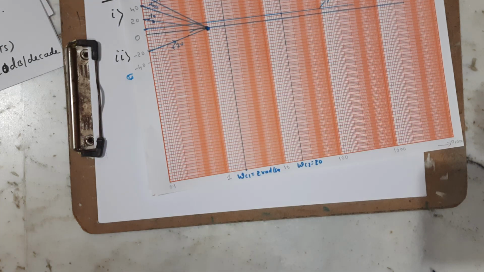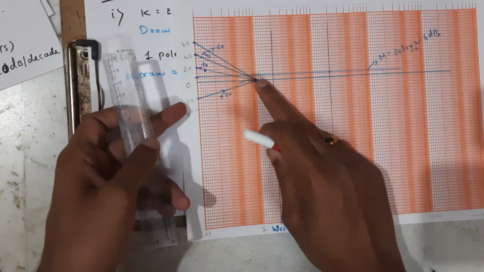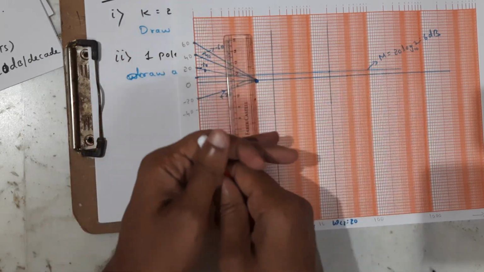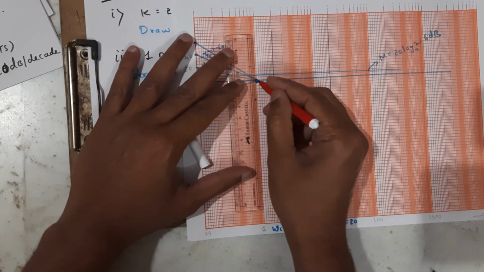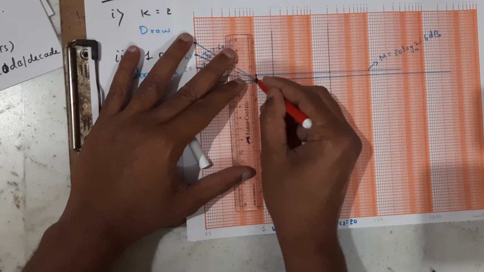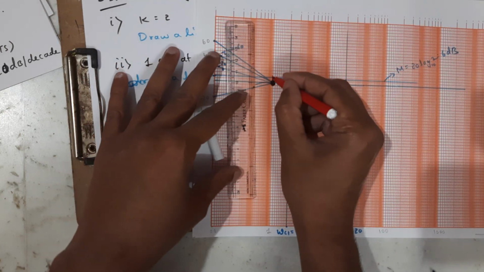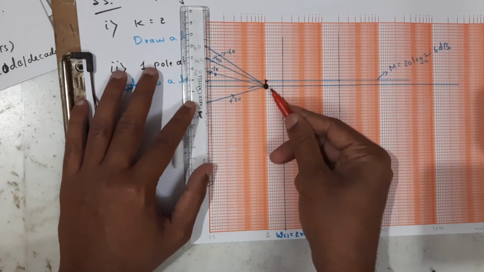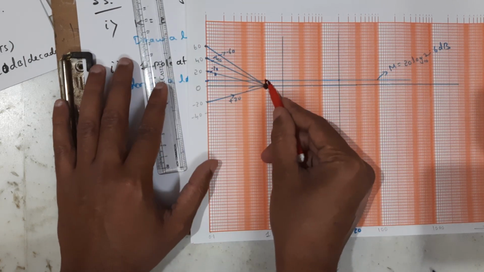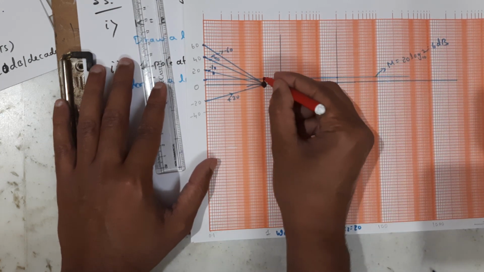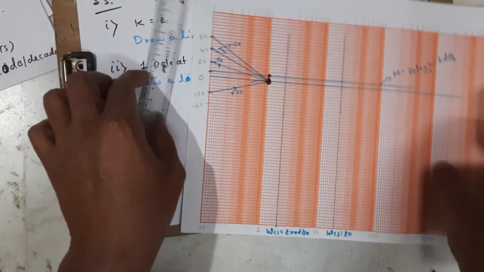Right. So this is the sketch we have. This is a reference point from 1 radian per second. I am going to draw a line first, above this, until it touches the 6 dB line. So this is the 6 dB line. I have drawn a vertical line from this 1 radian per second to this magnitude. How much? 20 log K, that is 6 dB. I have drawn a vertical line like this. From this point,